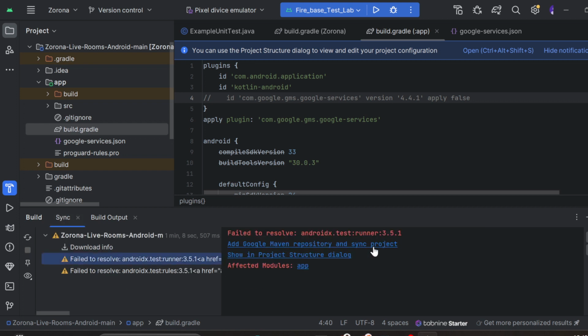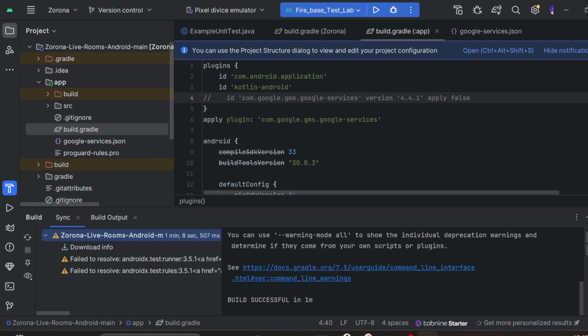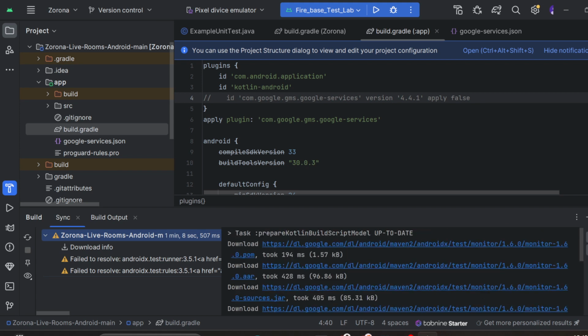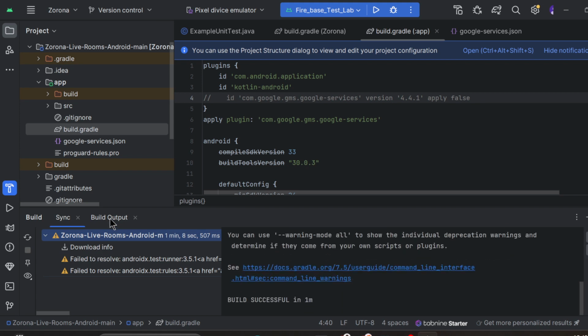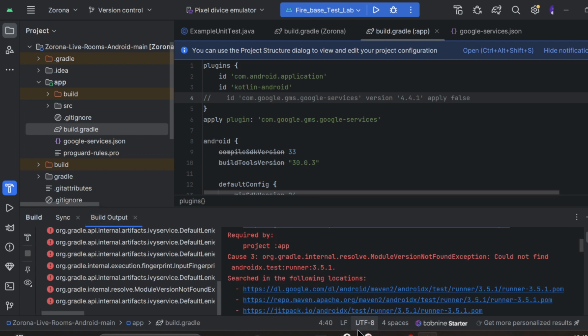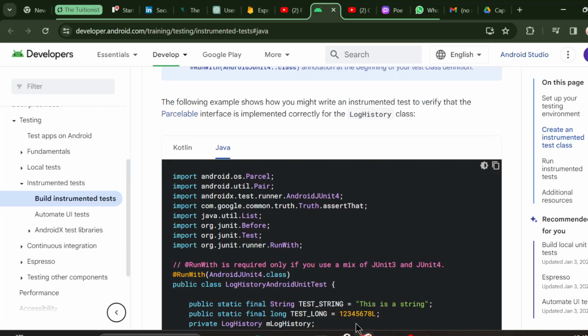So, failed to resolve, no. This one we have to check: if we open Firebase,